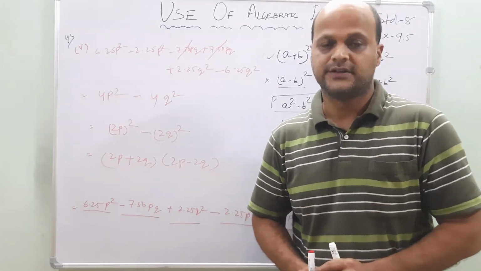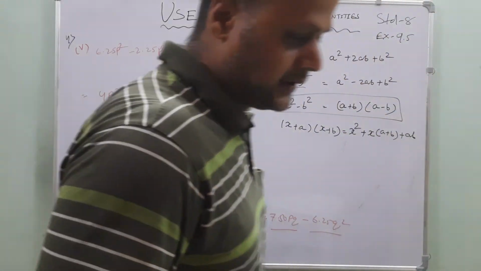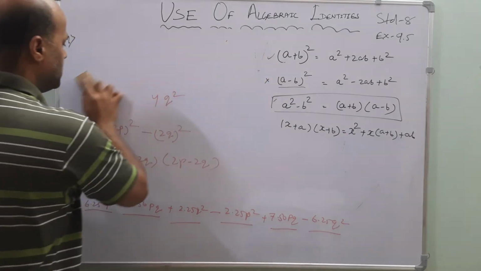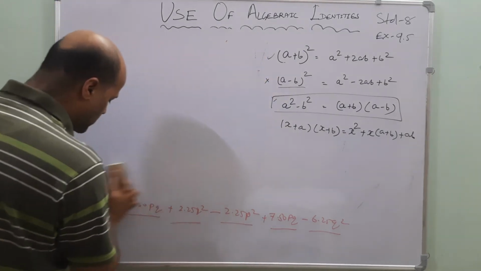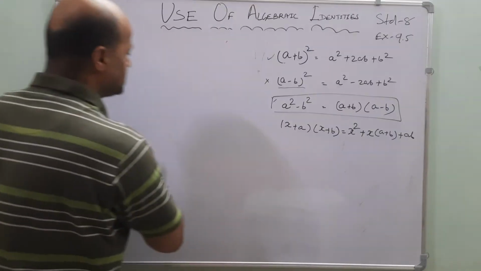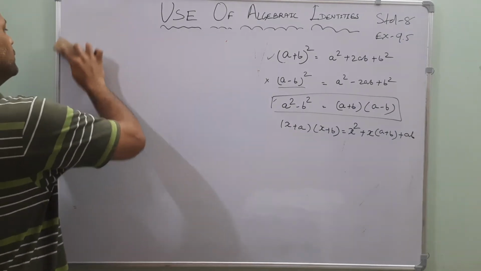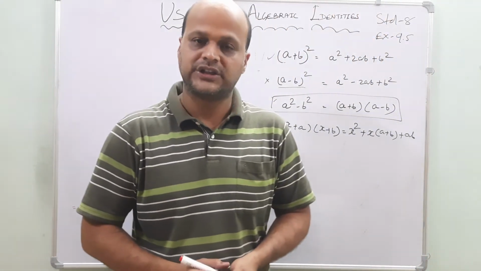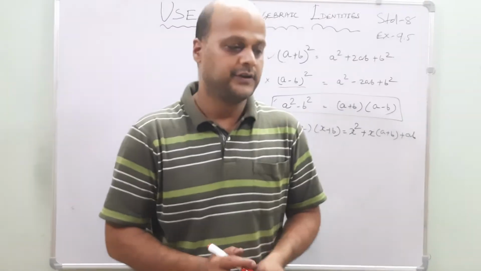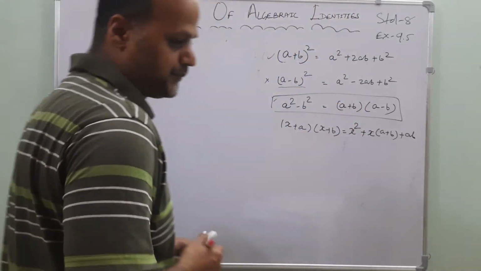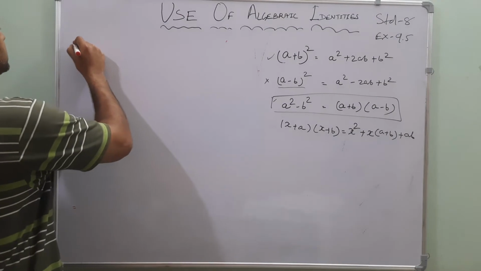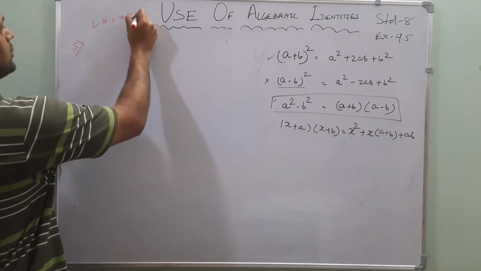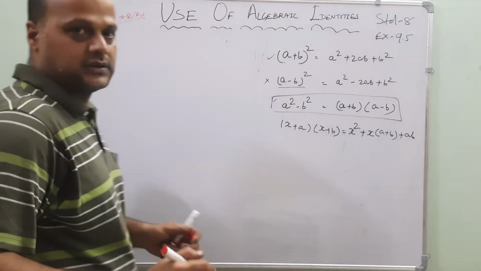Okay, my dear friends. Let's go to the fifth one. I have not completed all the questions. Some of the questions I am just making for you, so please try at your homes. If you have any doubts, then please write in my comments. Okay, go for the fifth one. The fifth one is simply saying prove LHS is equal to RHS. Whether it is correct or not, just check it.